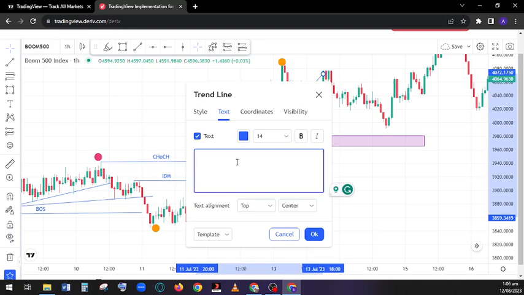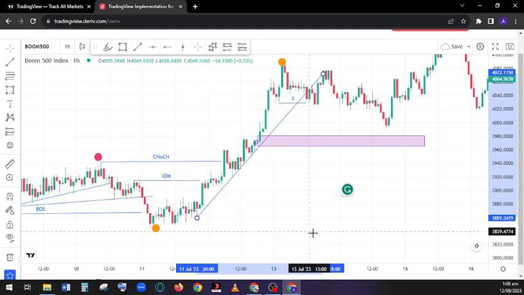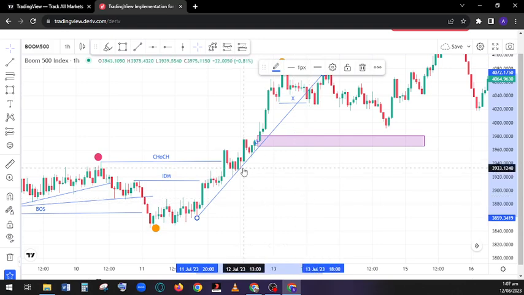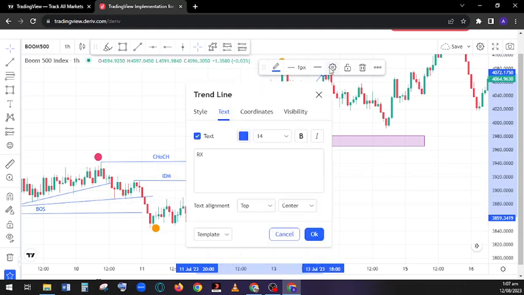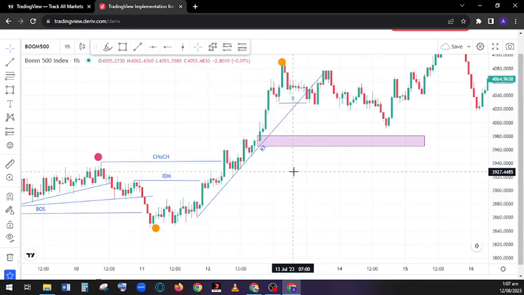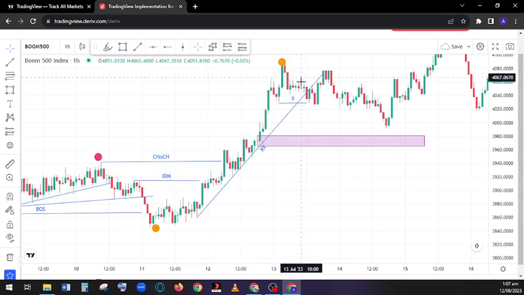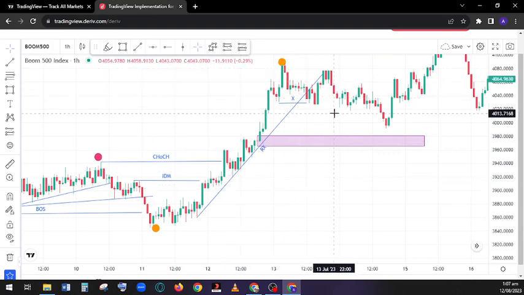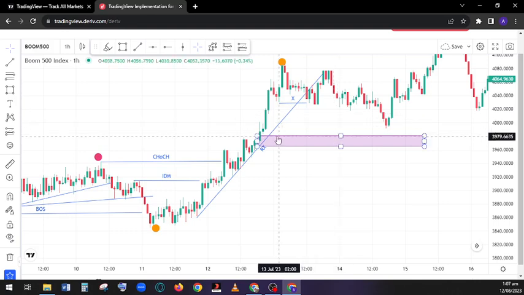Okay, so I'll label it RX, meaning retail liquidity. Let me bring the label down to the bottom. So, retail liquidity. Okay, now once this trend line is broken, all we need to do is wait for price to mitigate our nearest